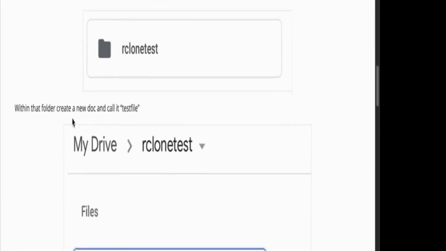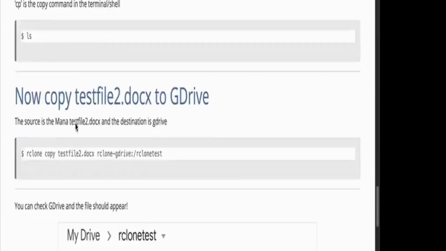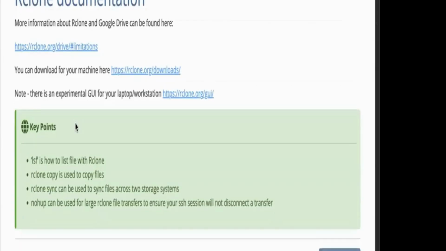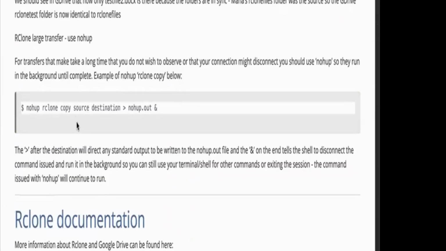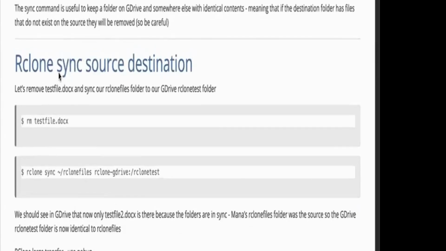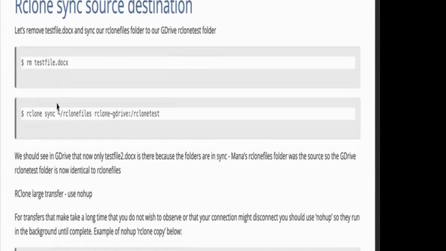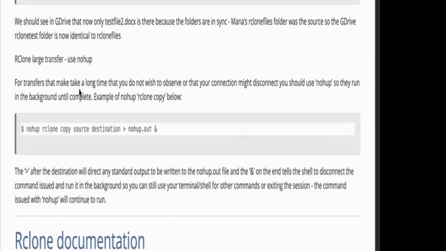So here you're actually going out on your G drive and creating something. Basically, in the example, you're going ahead and transferring files to and from Koa using rclone. If you want to run something in the background, you would do this with nohup. Mention rclone, you're going to copy a source to a destination